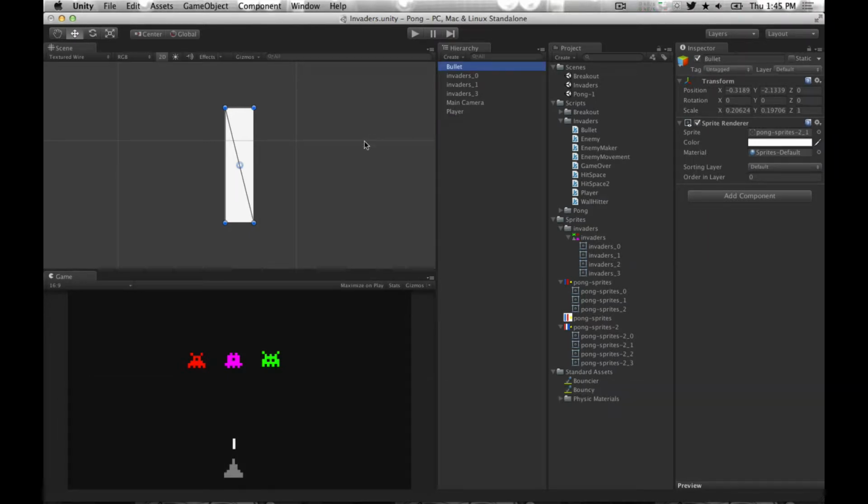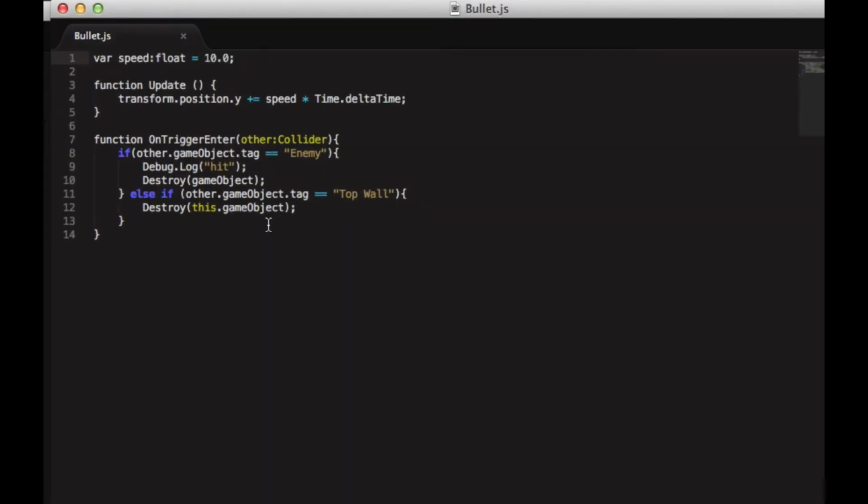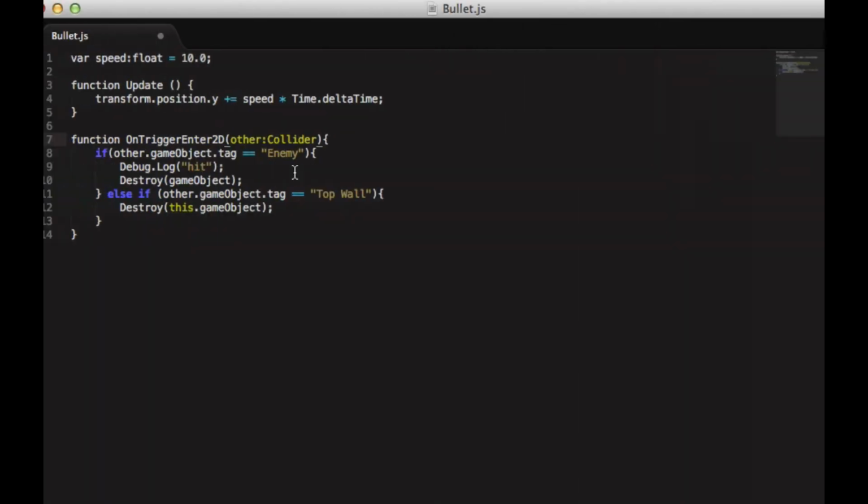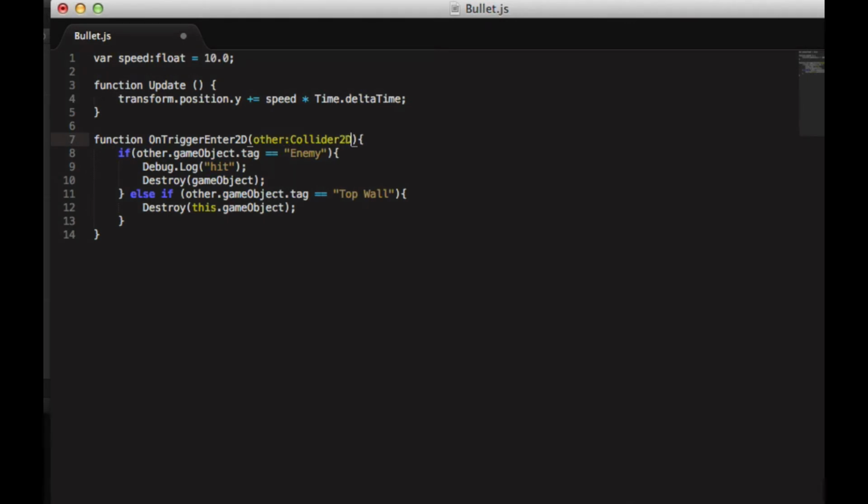Bullet. Okay. So we're going to want to write a bullet script. This is our bullet script. Variable speed, float. I'm just setting a speed at the very beginning. It's 10. Function update every frame: transform the position of y equals speed times Time.deltaTime. Again, that's that CPU clock. Function OnTriggerEnter. Now we do need to change these to the 2D function, OnTriggerEnter2D, with Collider2D. If other.gameObject.tag equals enemy,